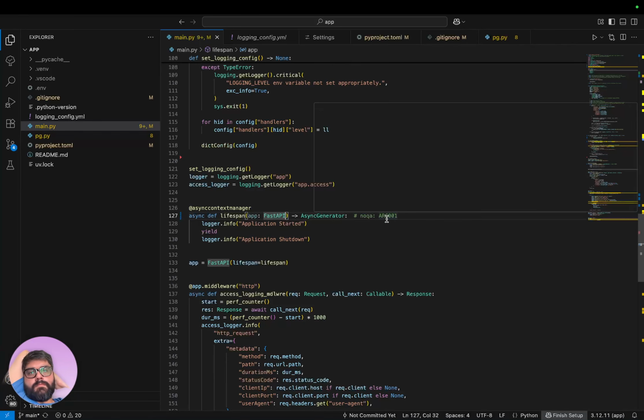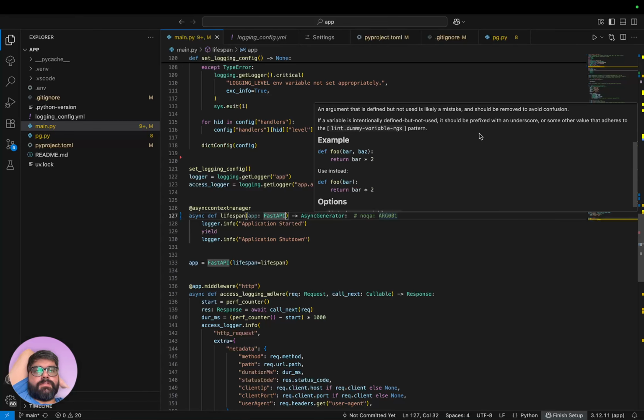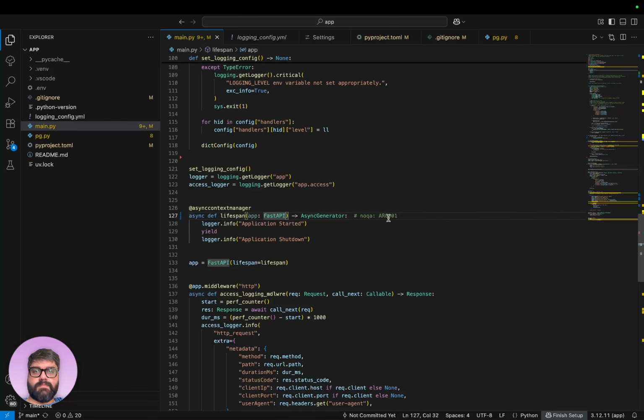Example: variable intentionally defined but not used, it should be prefixed with an underscore or some other value that adheres to the lint dummy variable regex pattern. Okay, so it's not really a dummy variable, but I'll fix this problem. So I'm just gonna go ahead and do that.